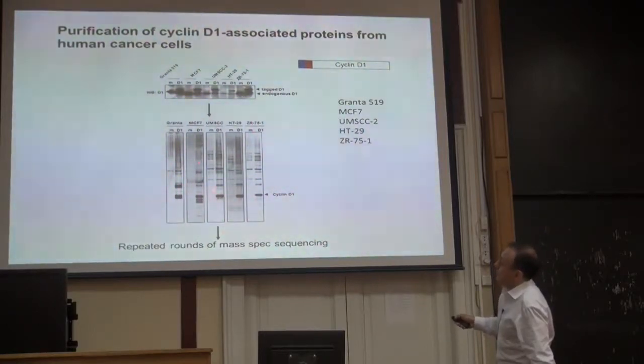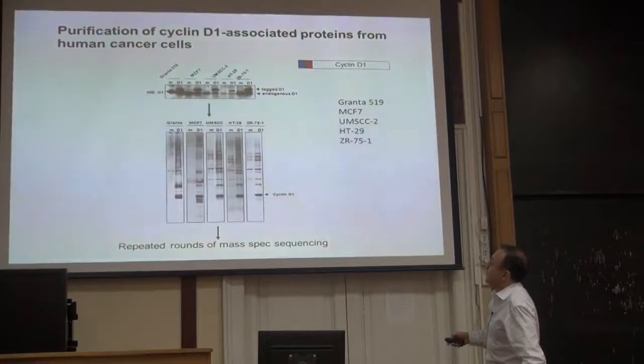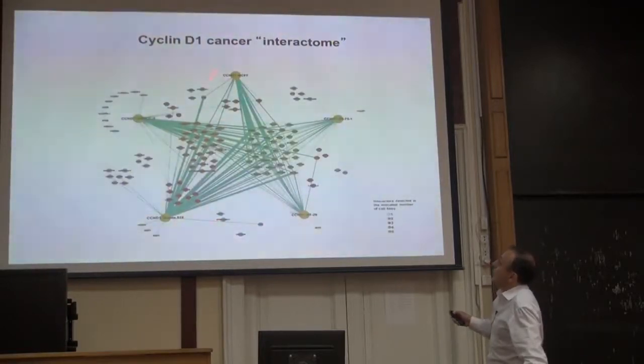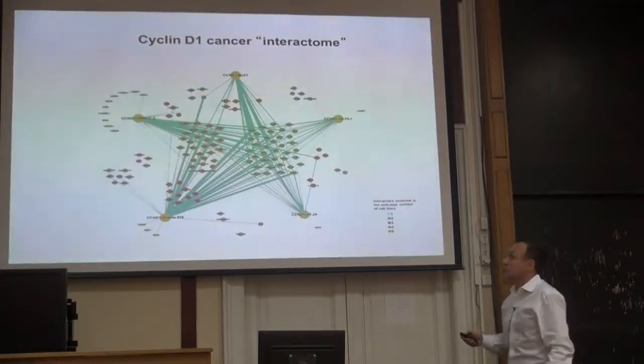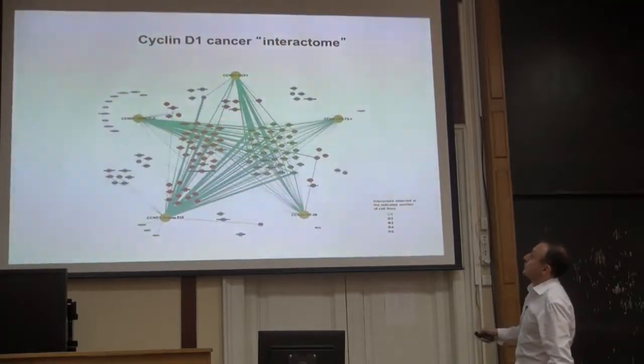And from each of them, he purified the cyclin D1 associated complex. This is cyclin D1, and each of those bands corresponds to a different interactor. And then he repeated rounds of mass spec sequencing. It came up with a socialist star. It looks like a socialist star because there are five different